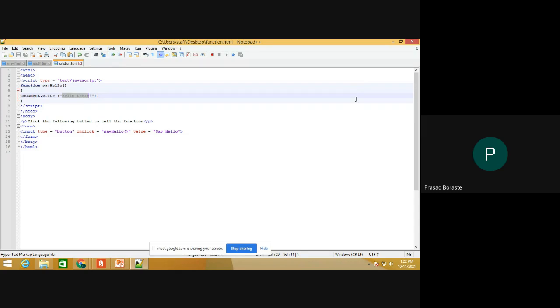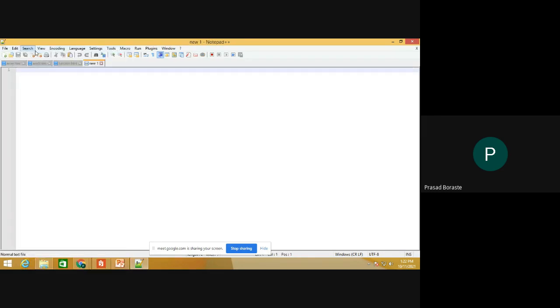Write a JavaScript code to demonstrate the scope of a variable. I'm taking a new file over here. In that, first the HTML tag, head tag, and inside the head tag write the script.